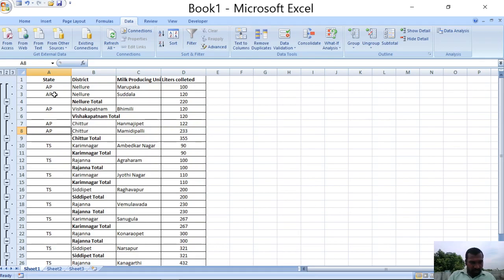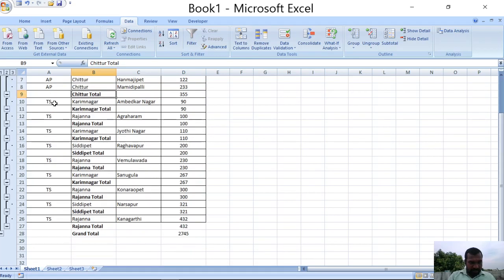State AP, Nellore district is there, and these are the two milk producing units, and 100, 120, 220 liters are there. So the Nellore total will be displayed. Then AP Vishakhapatnam 120 Bhimili 120 will be there. Then AP Chittur, Hanmajpet and Mahmudpalli. The total is 355, so the Chittur total will be displayed.